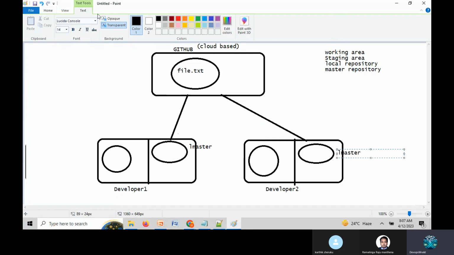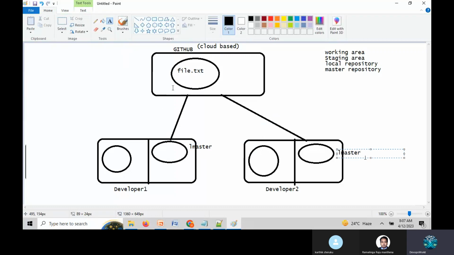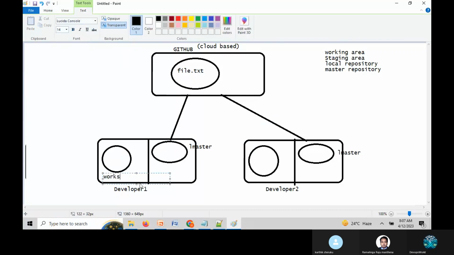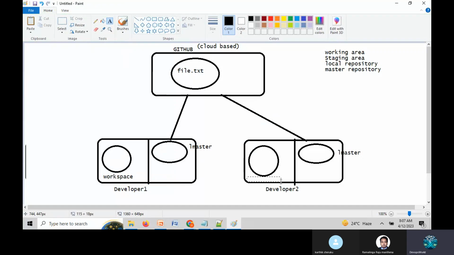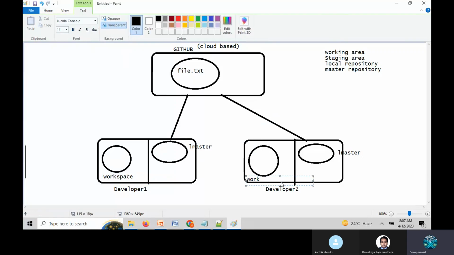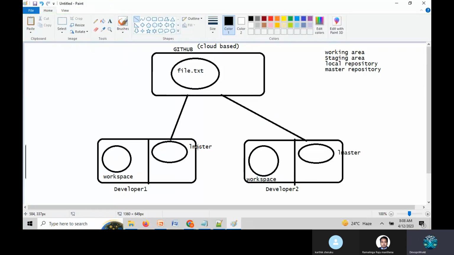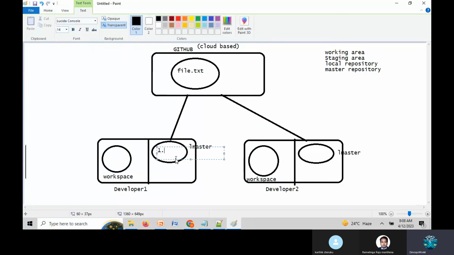Whenever the files change, it should automatically be synced with the local. Please make sure, guys, this is called a workspace, and this is called a repository. The workspace can only contain the physical files, whatever version is available. So here the version is 1.0, correct?